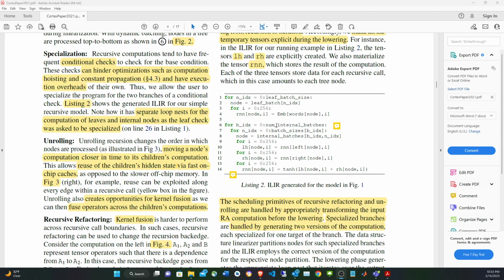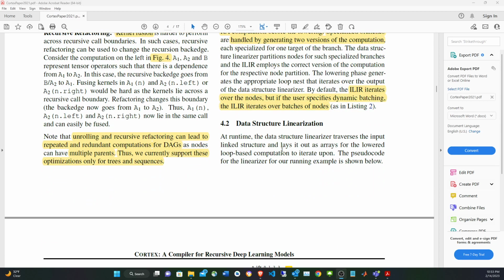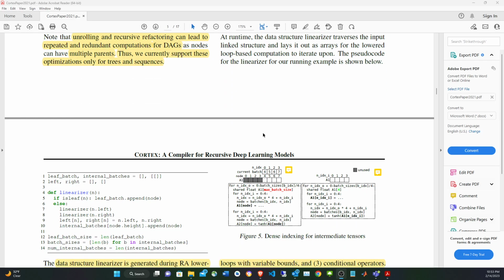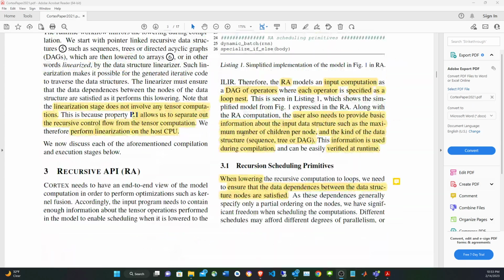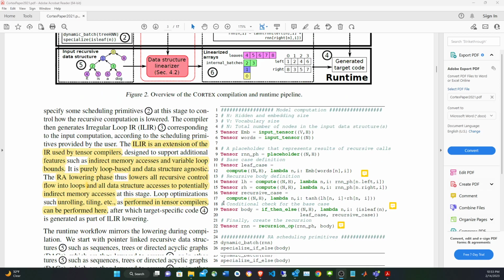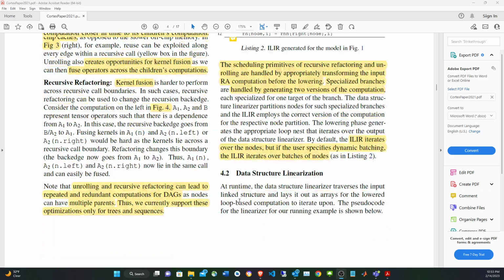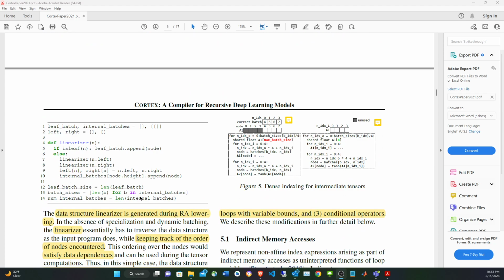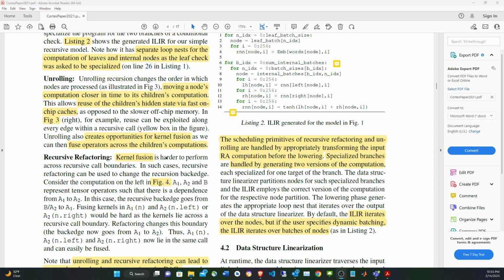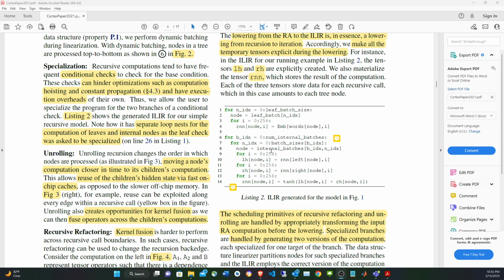structures like here. Okay, so now it's going to talk about data structure linearization, which is basically where we're going now in the map. We're going here, section 4.2. Okay. So here's the code to do the linearization, do the dynamic batching, and notice here that in the lowering, in the ILIR,